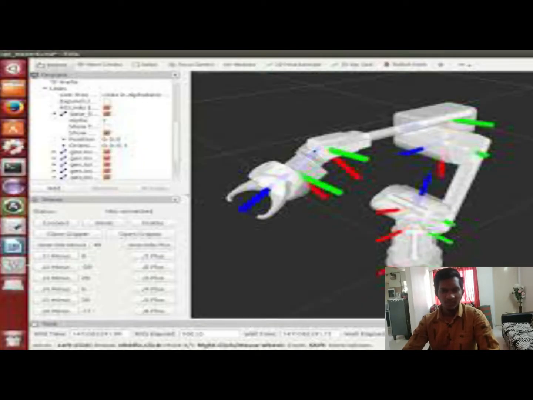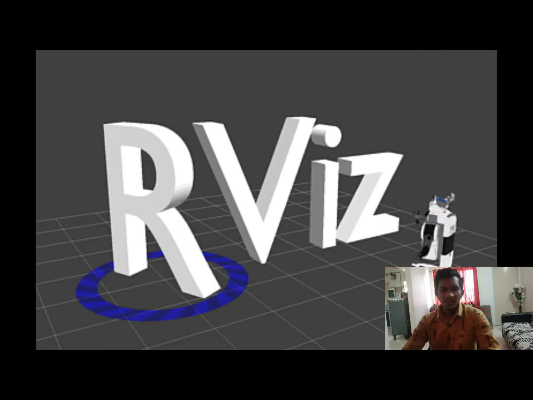We will start with basic programming using Python. Python is best for programming ROS. After seeing the basics, we'll go on to some advanced topics like using OpenCV with it. Then we'll see various other libraries. We'll implement machine learning and artificial intelligence using ROS. There are various other possibilities you can explore with ROS.